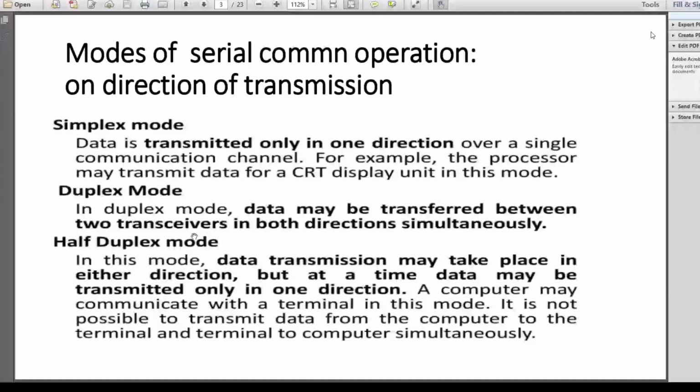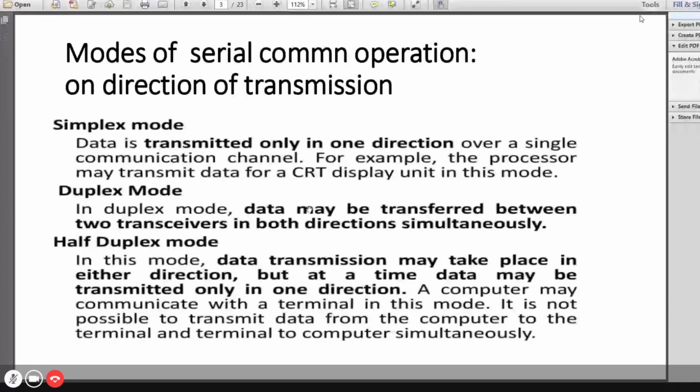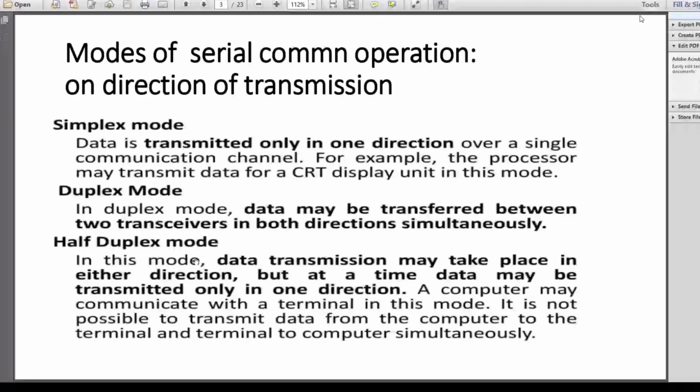This is simultaneous: they can transmit on one line and receive on the other line. Parallelly it is happening. It is called full duplex operation. Half duplex operation is where there is a single bidirectional line between device 1 and device 2. First, device 1 acts as a transmitter with device 2 being the receiver. Then there is a reversal in the role. Device 2 becomes the transmitter.